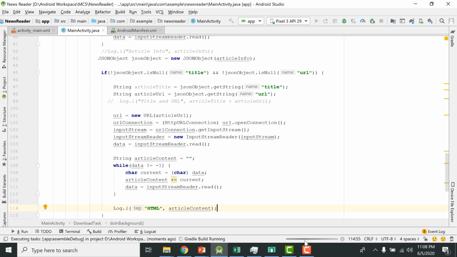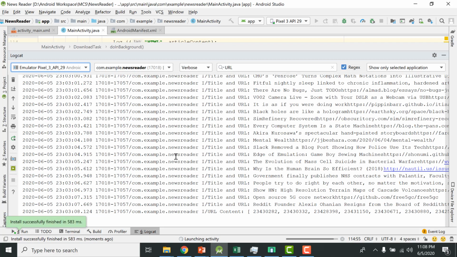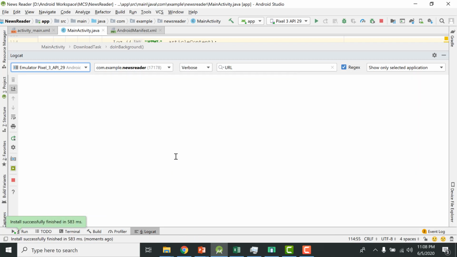So go and run it again. Look at your logcat. I think it will take time, because the background HTML code for each article is a lot of code, so it will take time. So at this point you have to be a little patient. I think I am connected with my emulator. So far we are not getting any data, but you will see in a moment